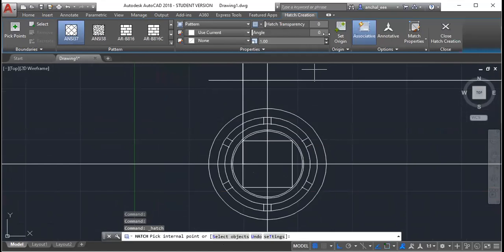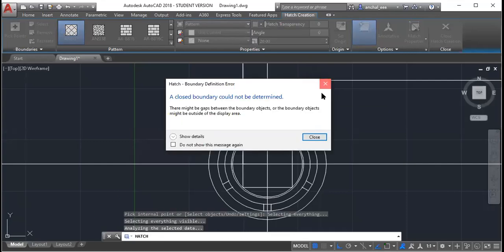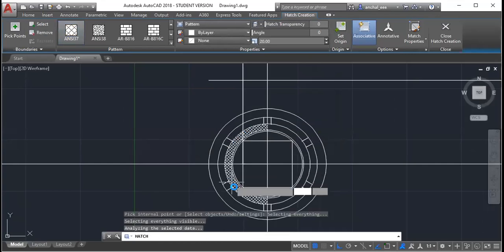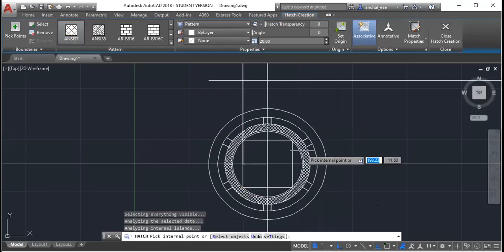So we will increase the global scale now here. Some 20 I will give. So it is coming. So we will put it here. This is my LV winding.